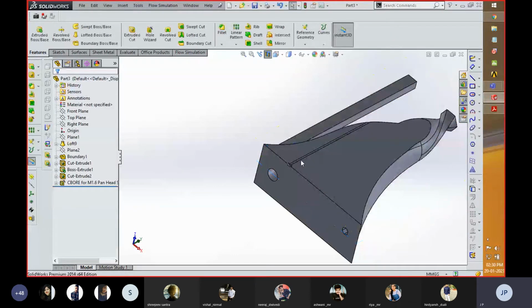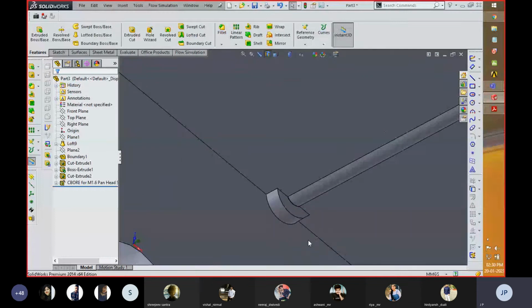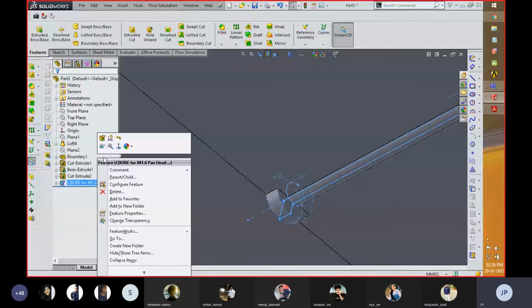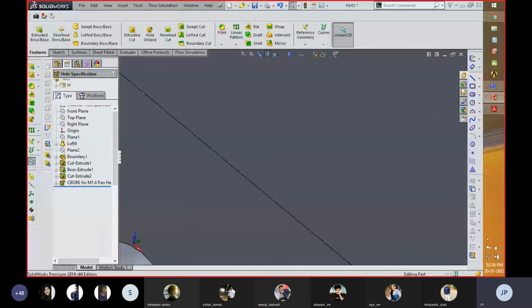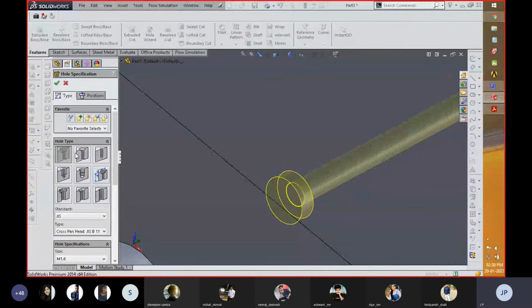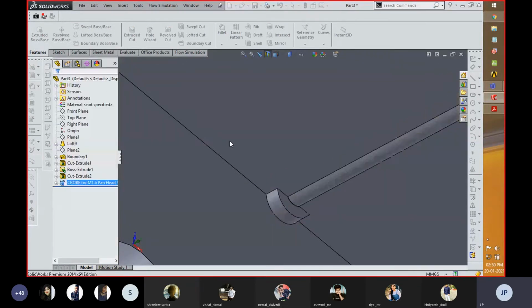Okay, then OK. So over here you can see that whatever profile is shown by the tool is created. In such a manner, the different profiles which are available in this module can be created. Over here you can see the different shapes, that is counterbore, counter sink, hole, straight tap. These are the different designing methods used for creating these empty spaces, or applying a screw which provides a fixture with respect to different parts. So in such a manner, this hole specification wizard can be applied on any component.